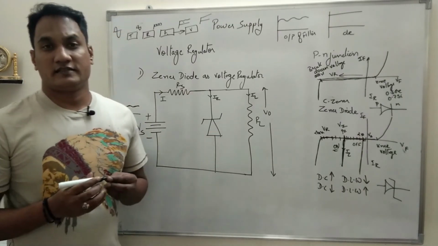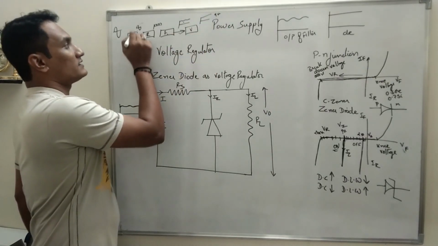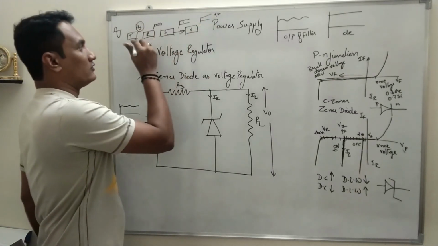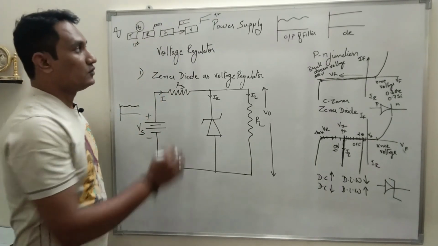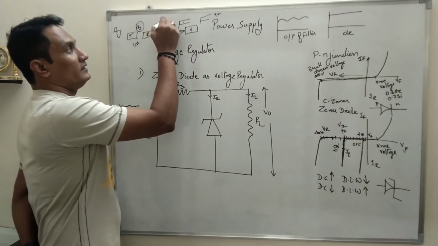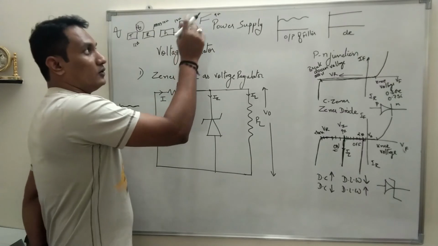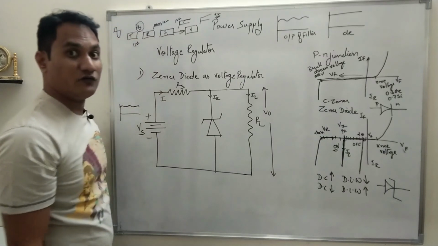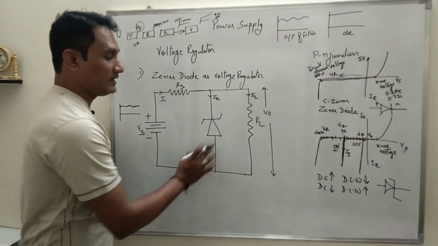If you remember, when I said that for the output voltage to be 9 volt, the transformer's secondary voltage should be 3 volt more than the required value. That means the output will be 12 volt. So the VM value, the maximum voltage across the secondary at this point, will be 12 volt. The fluctuation will be there at 12 volt. Now for getting the output voltage as 9 volt, we have to select a Zener diode whose breakdown voltage is 9 volt.